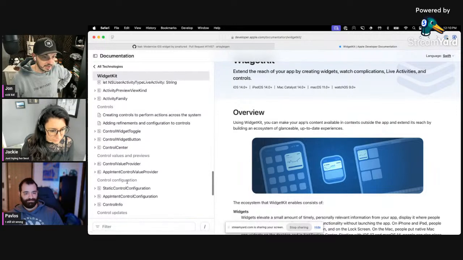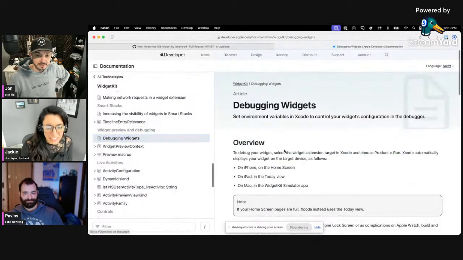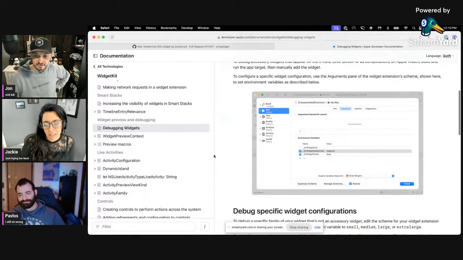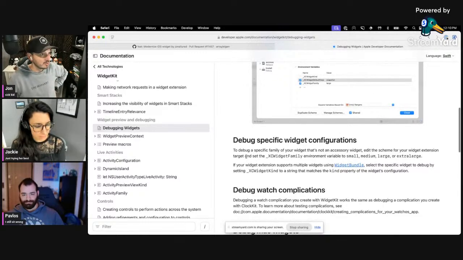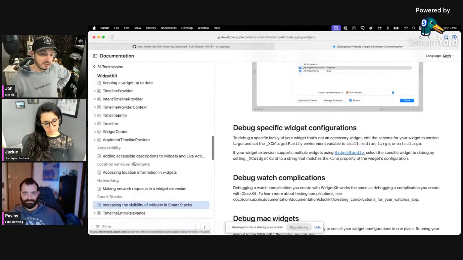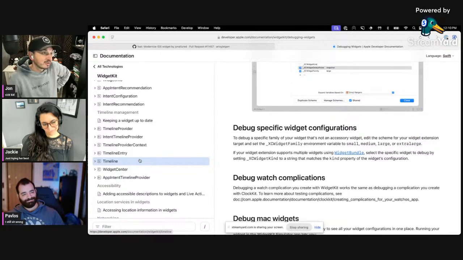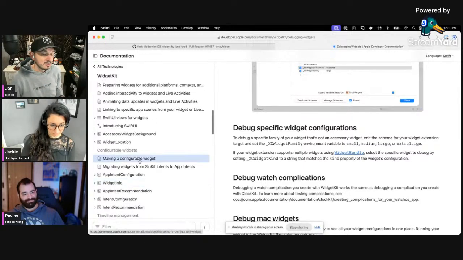Yeah, I mean their docs are not always great to use. Oh yeah, debugging widgets. When I hit this doc, this helped me understand these environment variables and which ones I wanted to set and what they controlled. But it was a lot of reading this over and over, trying to understand how these things all connect. There's a lot of documents here, but you almost want,